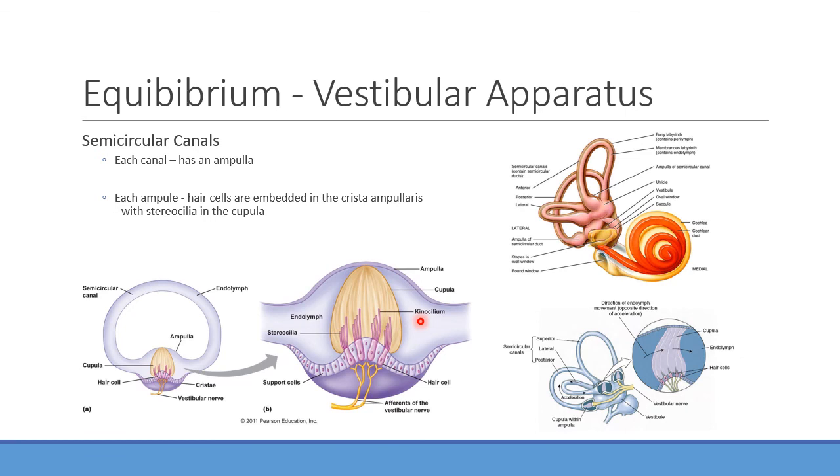And so based on whether you're having inhibition or stimulation, that sends a signal on cranial nerve number 8 to the brain saying, hey, we're having some rotational acceleration in this direction or the other. And again, your 2 vestibular apparatus are communicating with one another. So on one side you may have inhibition, and on the opposite side you should have stimulation, right? Because they're rotating in opposite directions at that point.